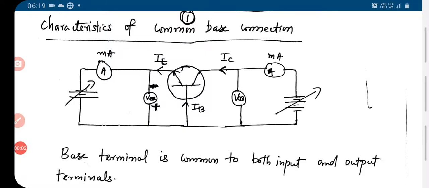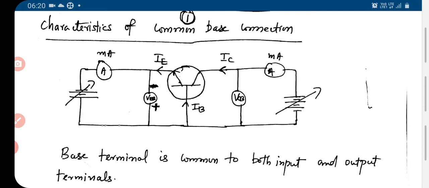The electrical behavior of a transistor can be studied by studying the interrelationship between various currents and voltages. The currents, base current, emitter current, collector current, the bias, the voltages applied between the different terminals. This can be studied and graphs can be drawn,